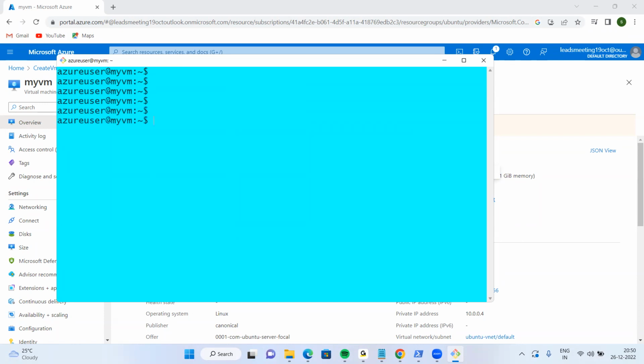Yeah. Now directly execute the commands. Since we are not root users, add sudo